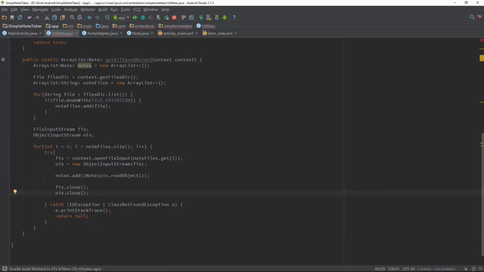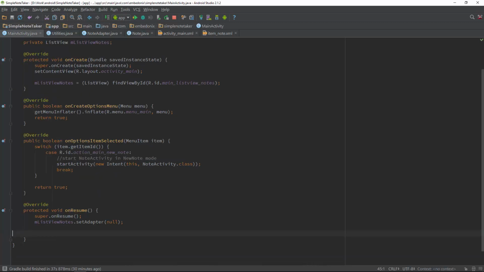If nothing is wrong, then no, of course we are not done, because at the end we have to return these nodes. Okay, return nodes. Now everything is happy and the compiler is happy again. So let's go back to MainActivity,